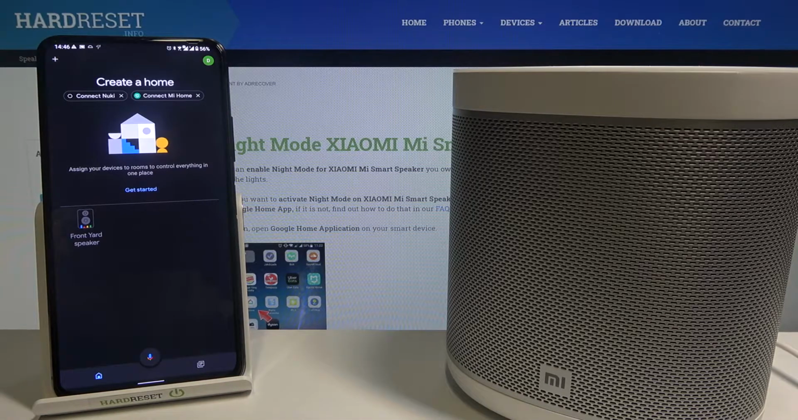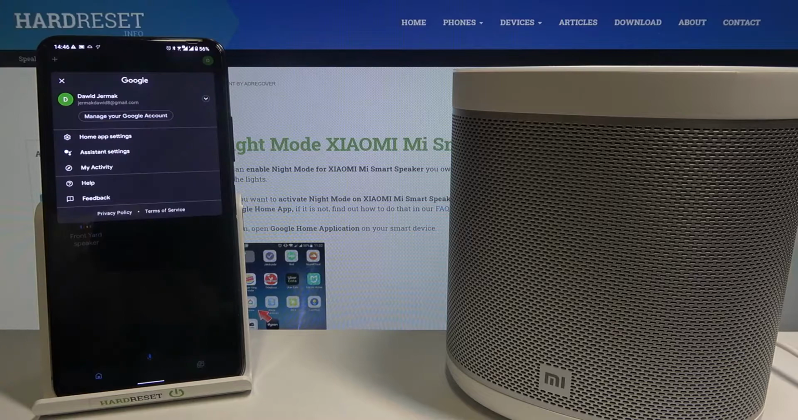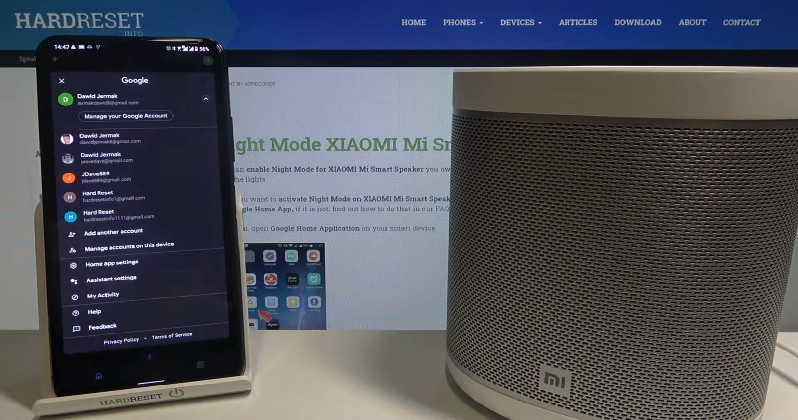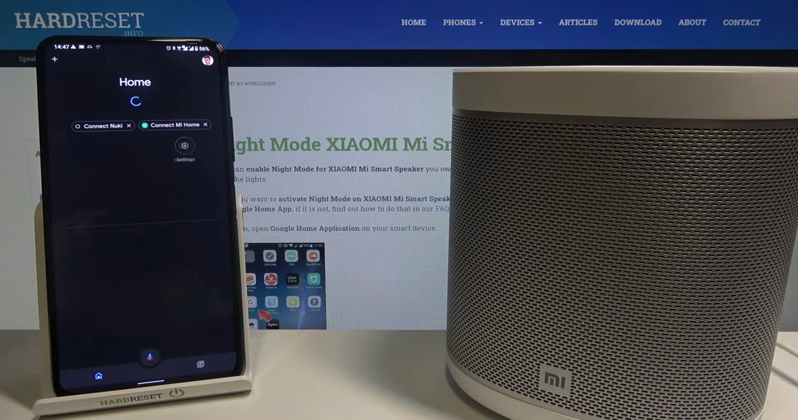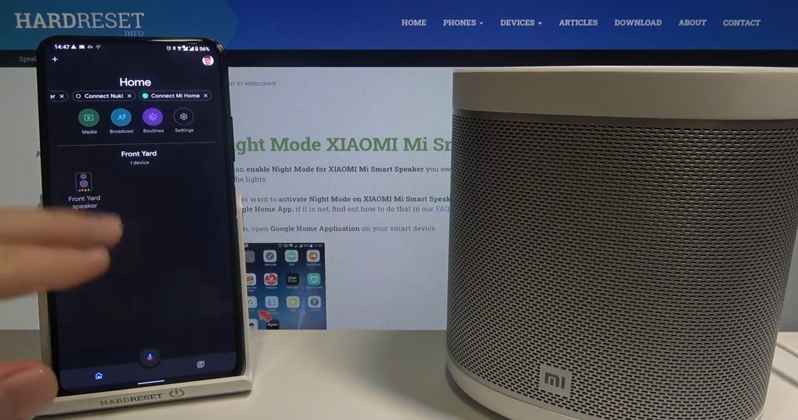Next, it's very important to choose our email that is actually linked to our speaker. So as you can see, in my case it automatically switched to this one, but I'm actually connected with this, so just simply switch. Then choose your speaker,